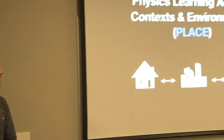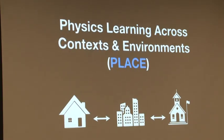So after I picked myself up off the floor, we said, okay, we learned a bunch of things from these earlier studies. We also found that while it was interesting for the kids to see the answers of their peers, it was a little too prescriptive because it was multiple choice, right? So how do we make this more about them, more open-ended and all of that? So we created a curriculum called PLACE, Physics Learning Across Contexts and Environments,